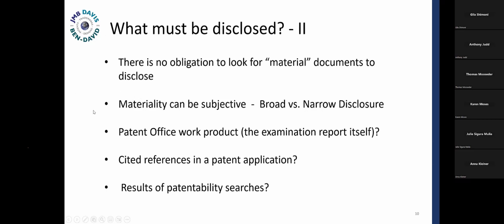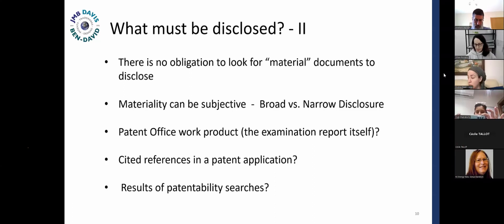Moving on, what are the types of things which need to be disclosed? So look, you don't have to turn over every stone to look for material documents. It's if you know about it or if they're cited against you. And we'll talk about this a little bit more, and it really is the grayest area here. We're talking about what's material. And there are different approaches to this in IDS practice among US practitioners.